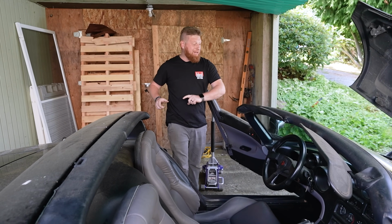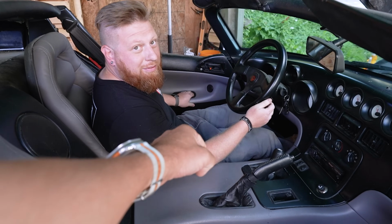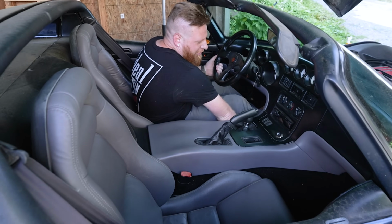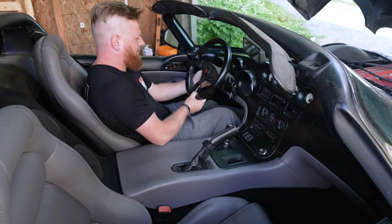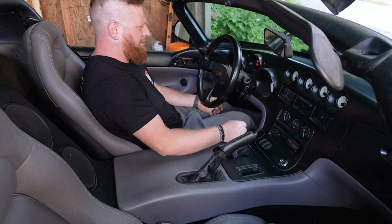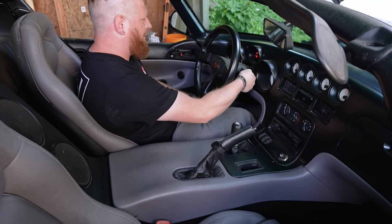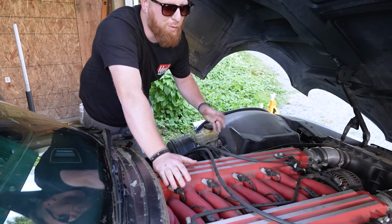All right, with the new battery in and the starter installed, let's twist the key and see if this thing fires up. Fingers crossed. Oh, hold on. I gotta wait. I'll hit it. Let's do it, baby. All right. Come on, baby. Oh Jesus, man! The exhaust is right by my— With the Viper running again and oil pressure looking perfect, we